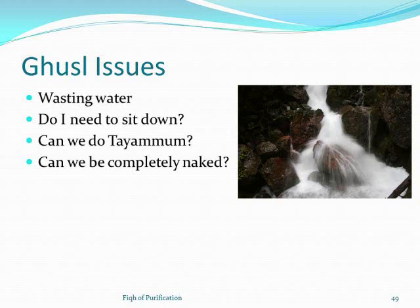It got infected probably, and because of that water going into that injured place, he died. Rasulullah Sallallahu Alaihi Wasallam came to know about it, and he was very upset. He said that they killed him, may Allah kill them. And he said, is not inquiry the cure of ignorance? So they should have asked if they didn't know something. So he was upset with what